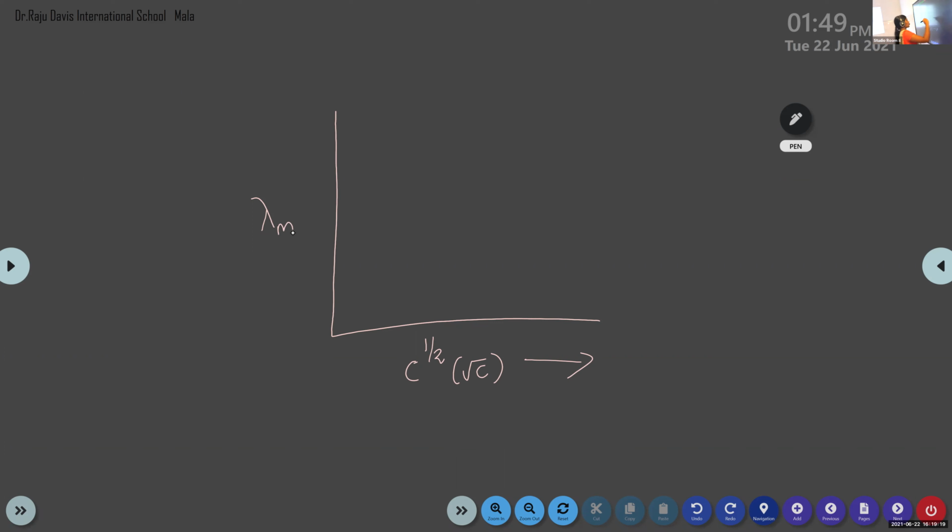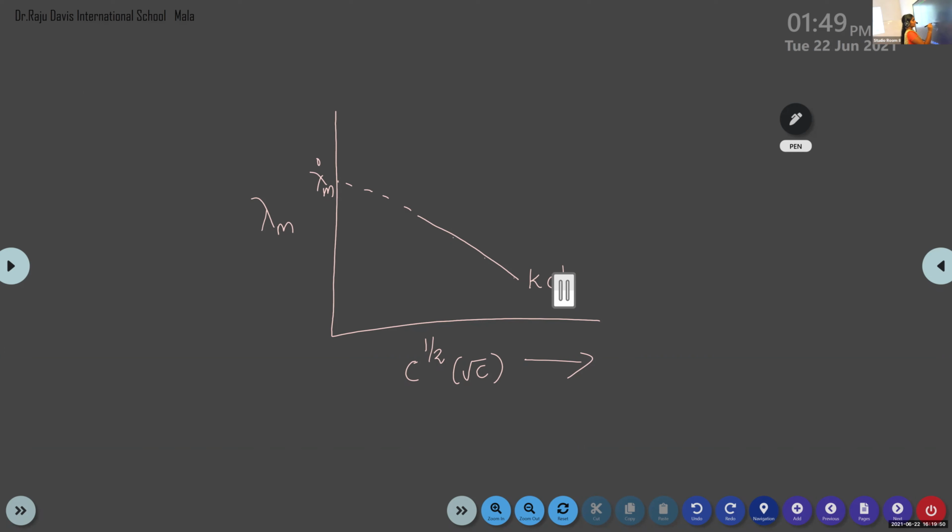In the case of a strong electrolyte, its points will be like this. Okay, so we can extrapolate this graph towards the y-axis, and that point is known as lambda m0, the limiting molar conductivity. Okay, so you can write here KCl is an example for a strong electrolyte.